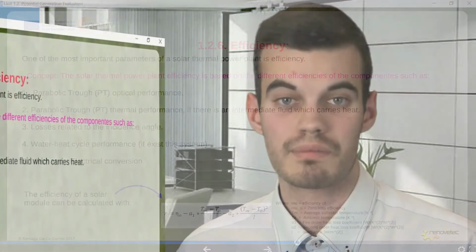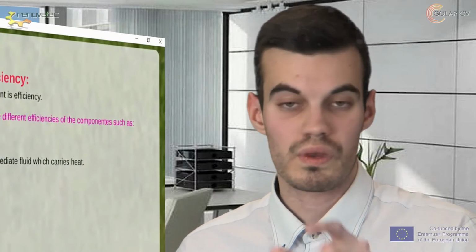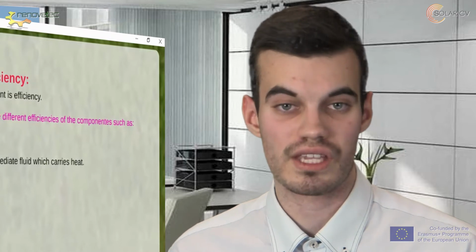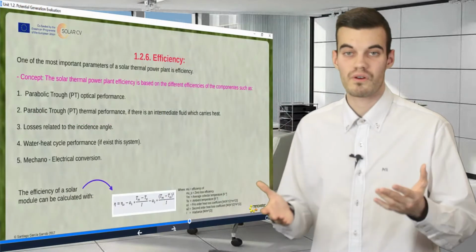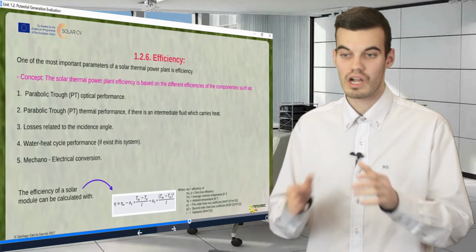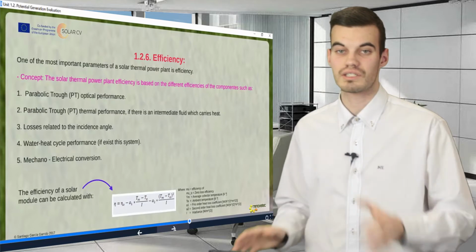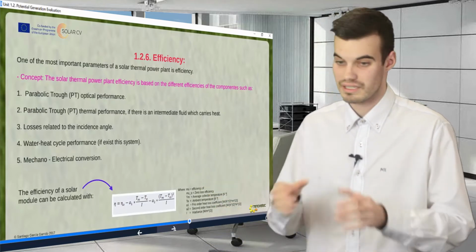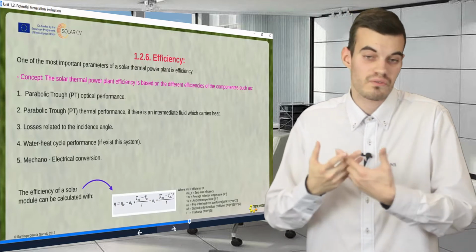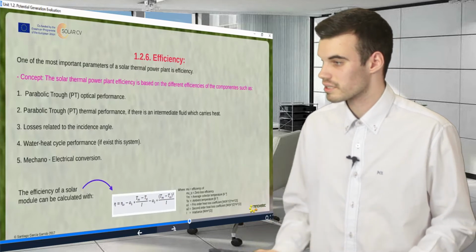Another important concept in our solar thermal power plant is efficiency, because we are going to have some irradiation in our mirror, and the optical performance is going to determine how much of this energy is going to be reflected into the absorber tube. The thermal performance is the amount of thermal energy which would be able to operate,